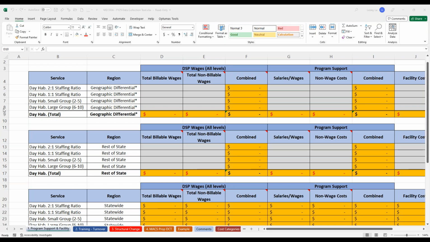And if you can't fill out the really specific details that are on like tab 4, if you can put in the simpler data here on tab 1, you know, as much data as you can give us would be appreciated. We are looking to make changes to the program supports and facility rates in particular this cycle. If we don't get enough data, then we can't make changes in this cycle.